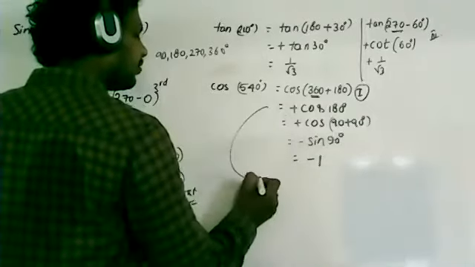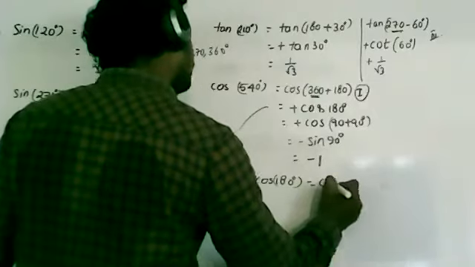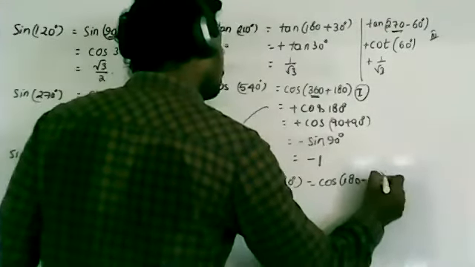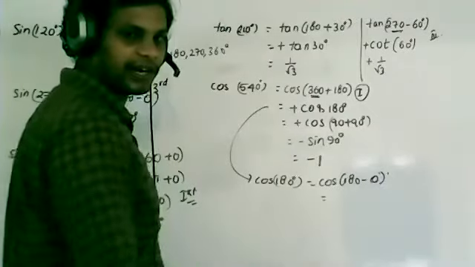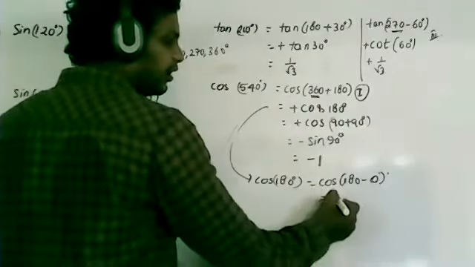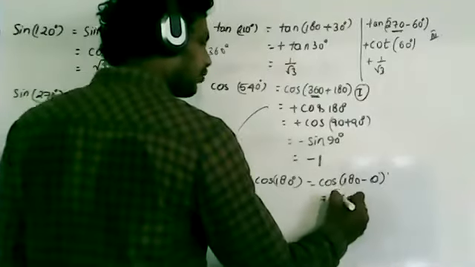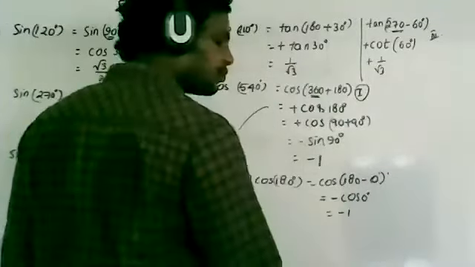For example, take this as cos 180. Now cos 180 can be directly taken as cos of 180 minus theta, or 0 degrees. So cos 180 means same function, 180 minus means second quadrant. In second quadrant cos is negative. Clear? In second quadrant cos is negative, therefore cos 0 value is 1, so this is minus 1.